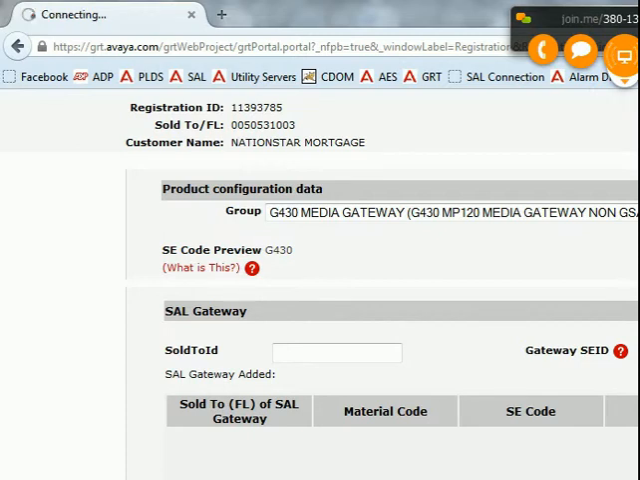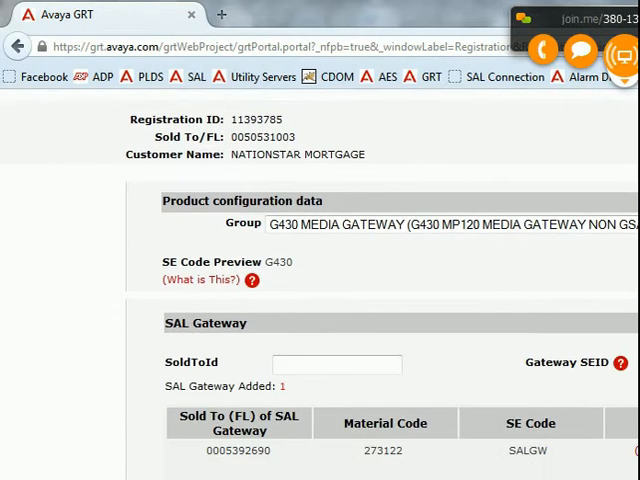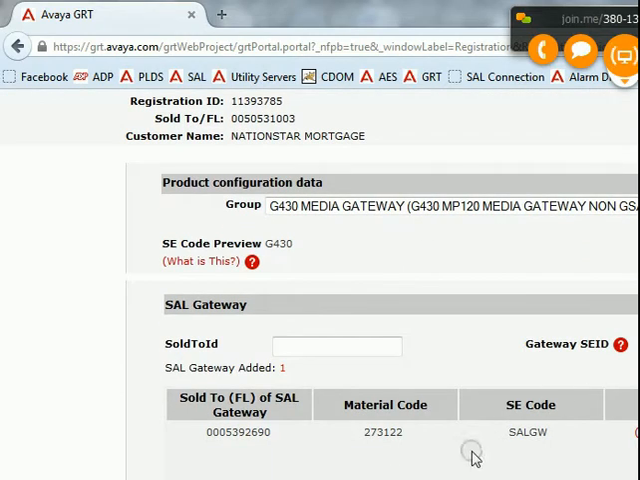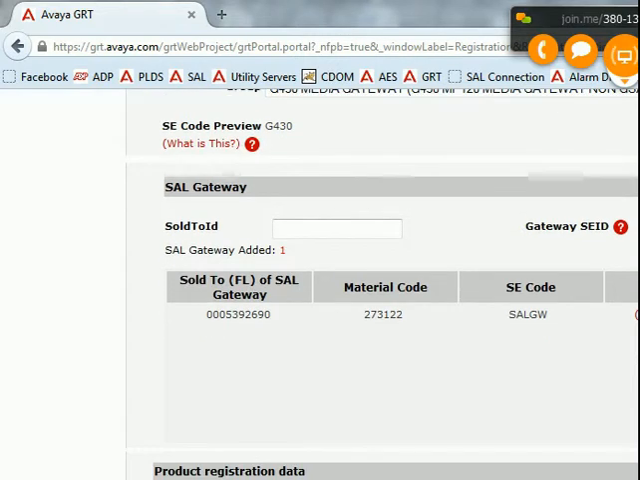Yeah, so that's another way to do it. What I did is I pasted it right here for my SAL ID, and I'm just going to hit add, and then you'll see down here that this popped up. So I would click primary,